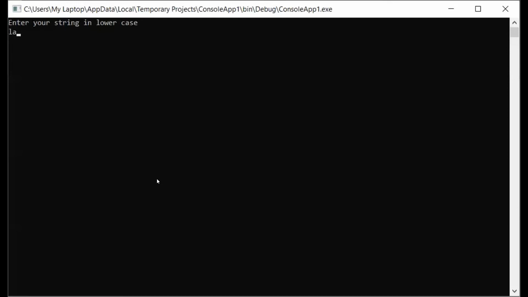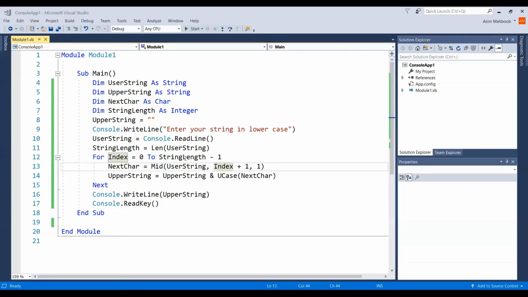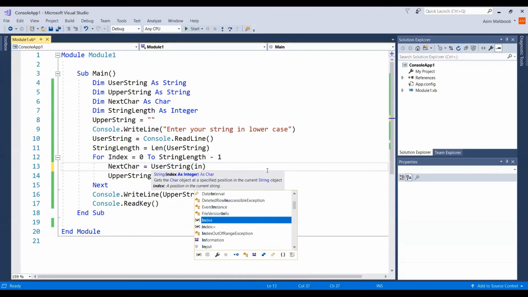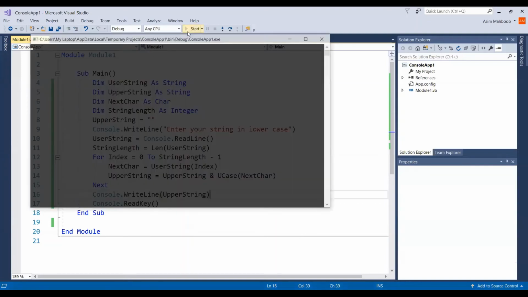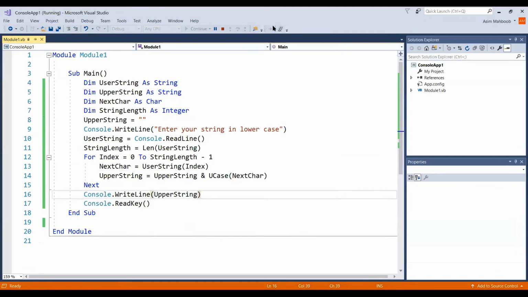So if I enter LHORE, it converts into capital letters, Lahore, and it is done. The other way is, instead of using this mid function, I can use this function, user string index. So this is going to give me the same result. Let me execute this. So if I enter,